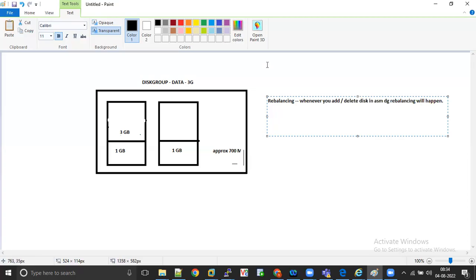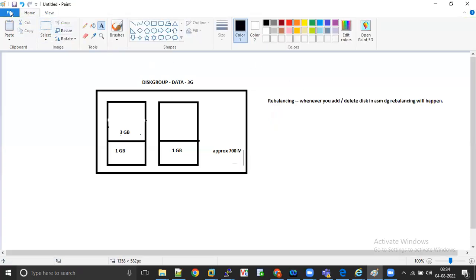Okay, this talks about the rebalancing concept. So we are moving to another concept called